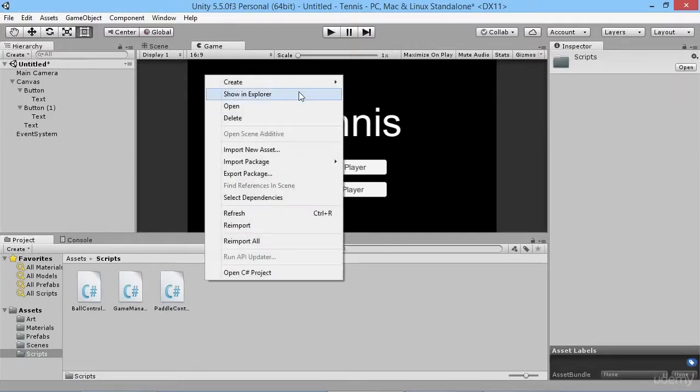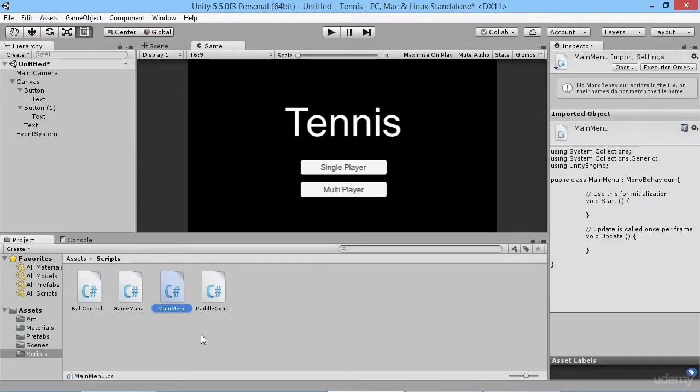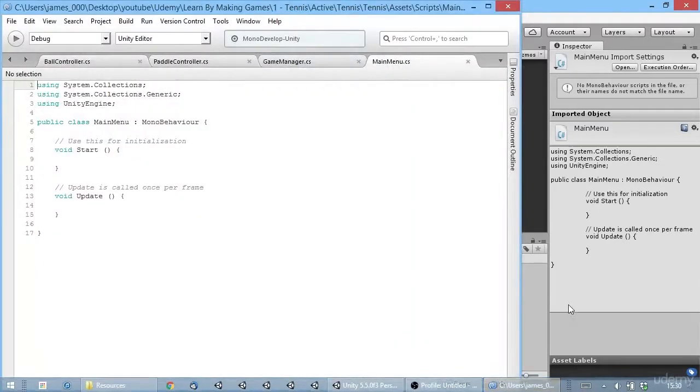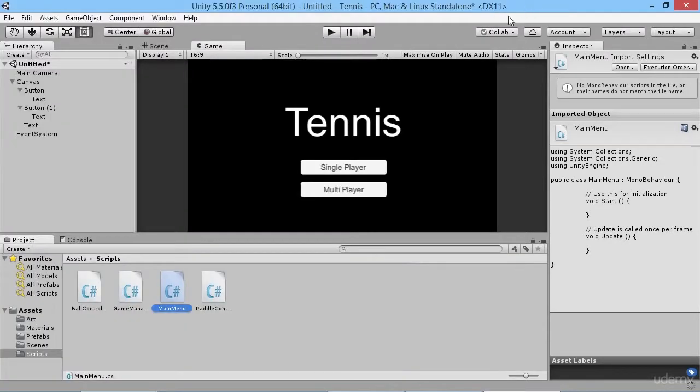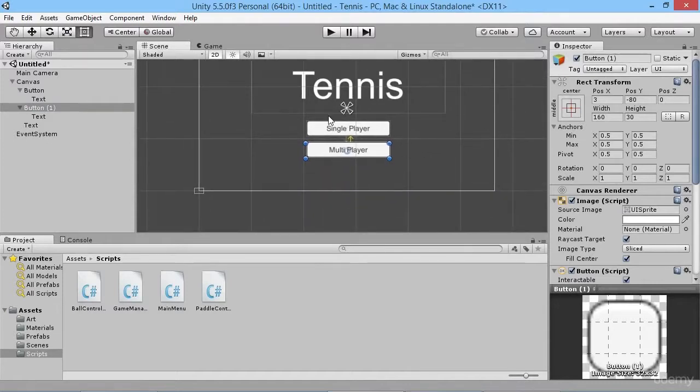So we're going to go in here, we're going to create a new C# script that we're going to call our main menu, and we'll open this up in MonoDevelop. Actually, rather than just being able to go into single player and multiplayer, we should actually add a third button into the scene also. So I'm going to duplicate our multiplayer here, and we're going to put that just a little bit below there,